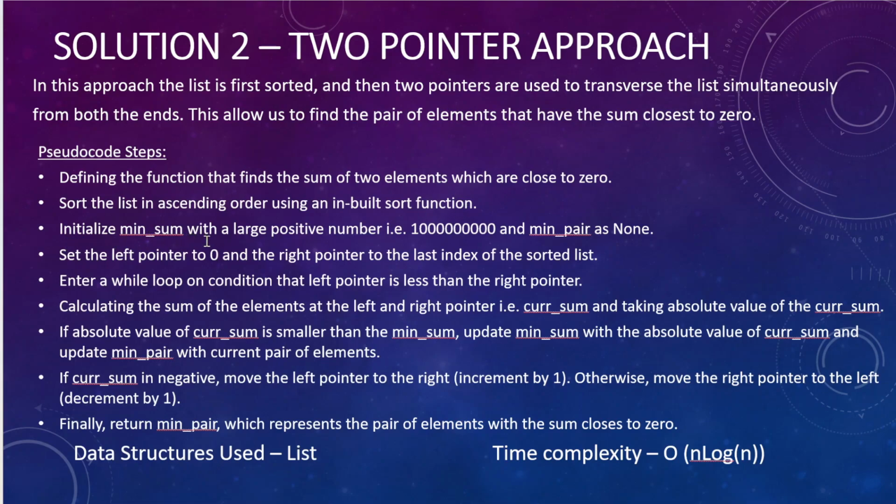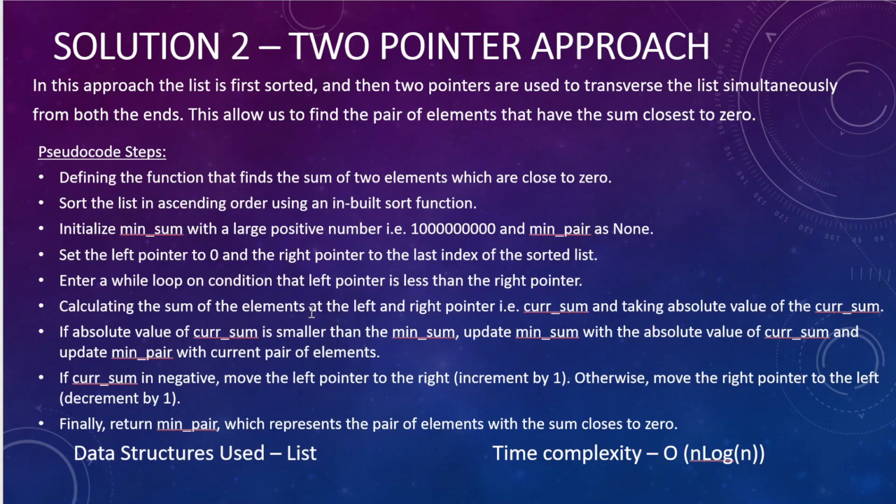Initializing the minimum sum with a large positive number, that is 10 to the power n, and the minimum pair as none. So what we had said here, we put the left pointer at 0 and the right pointer at the last index of the list to be sorted. And entering a while loop with a condition that if the left pointer is less than the right pointer, we'll